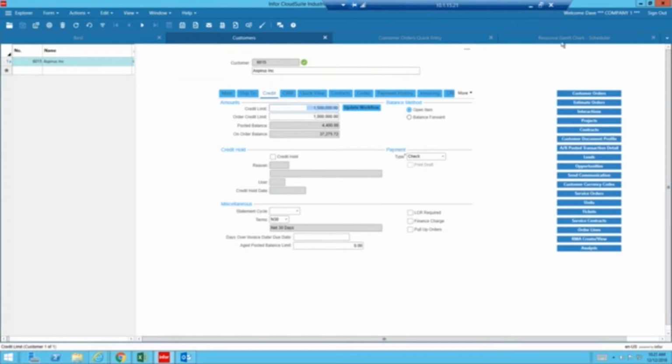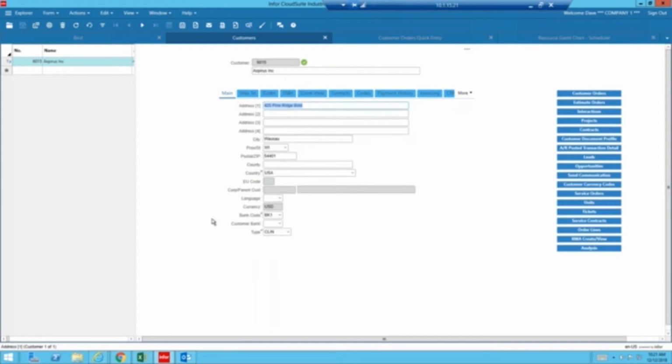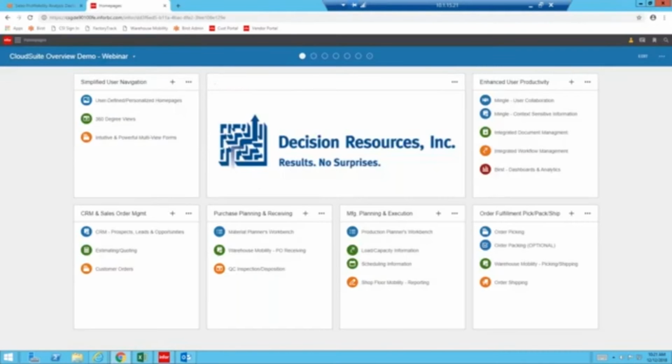And then once that approval takes place, it releases that to the new value. That's one of the standard workflows in the system. There's a number of other common workflows that are provided with the system, things like engineering change approvals and purchase requisition or purchase order approvals. But you have the tool as well to create any user-defined workflows that you need based on information that you want